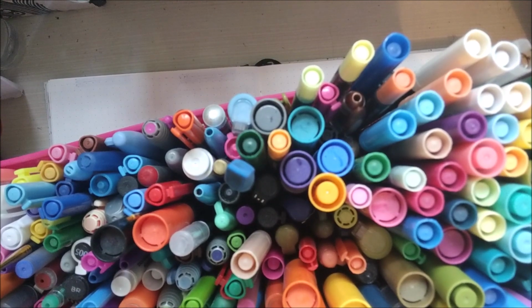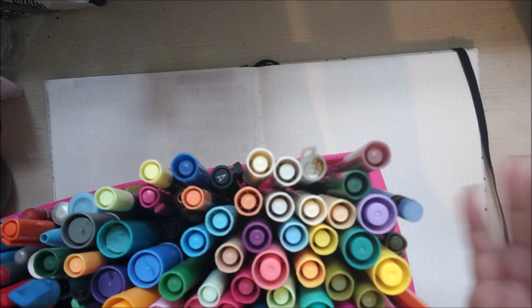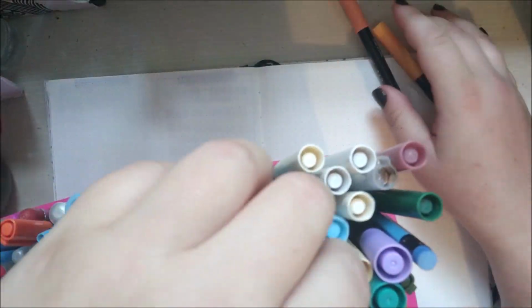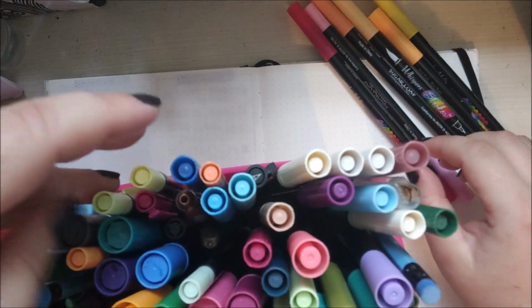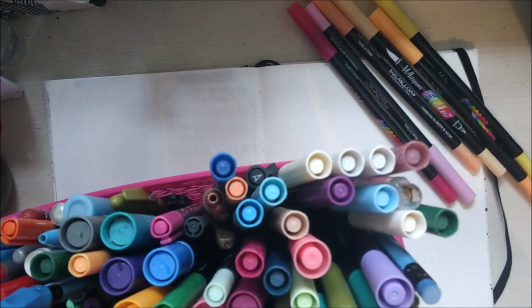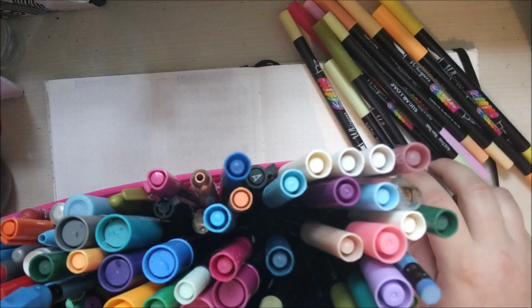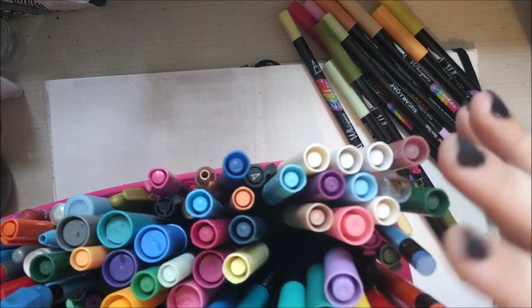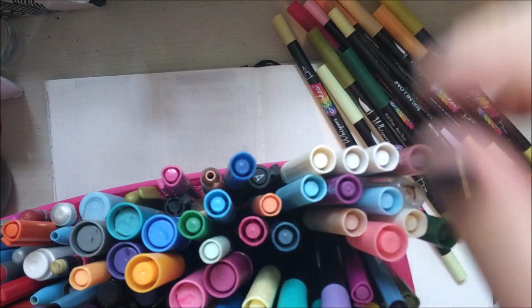which I have in plenty. It's a bountiful supply. So I'm trying to choose things that are very light tones and then a couple of medium and darker tones, but I want to prevent as much as I can the marker bleeding through to the next page. So if I keep most of it light and then just some detail work dark, that should work out better